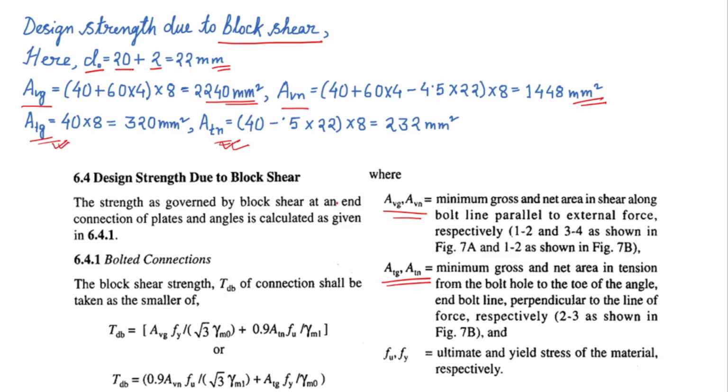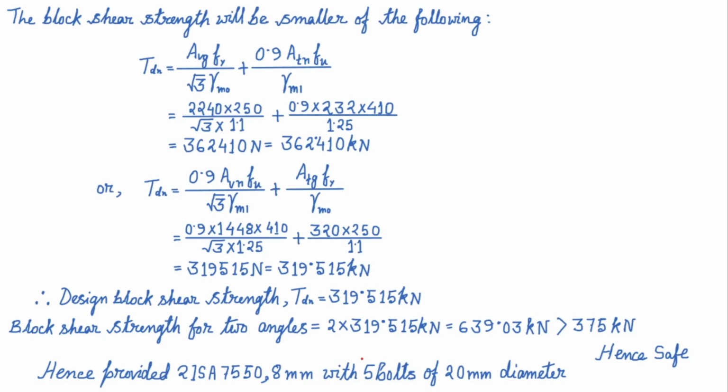Next, to calculate the design strength due to block shear, we have to follow the formulas given in the IS code. These two. Following these two formulas, we have calculated the block shear strength. The first one is AVG Fy by root 3 gamma m naught plus 0.9 ATN Fu by gamma m1. If you put the values, we will get 362.410 kilonewton, and then another expression for block shear strength, TDN